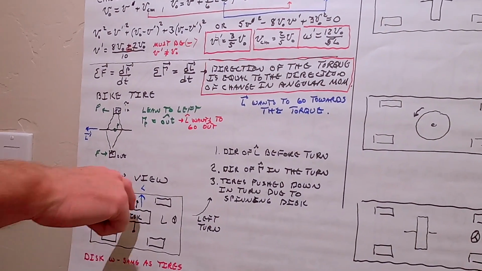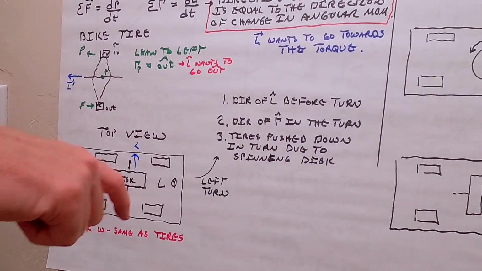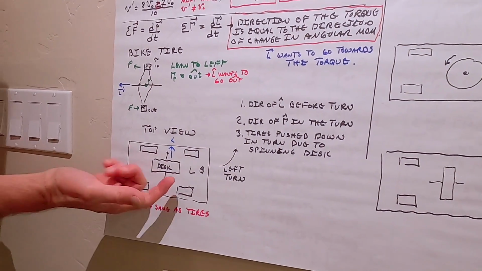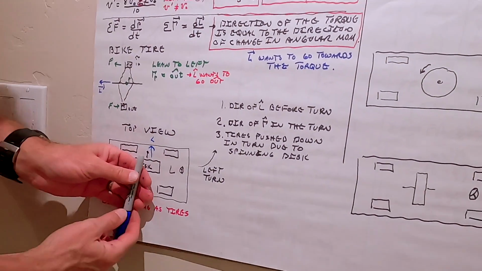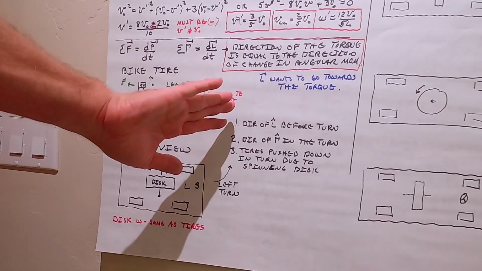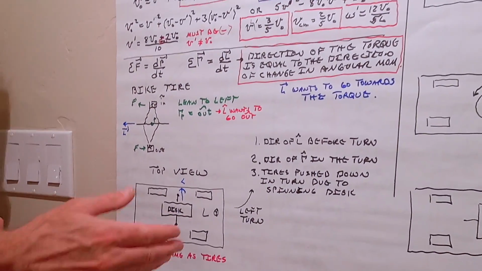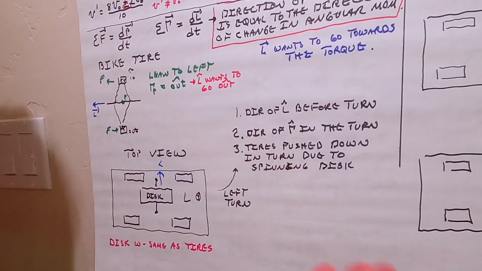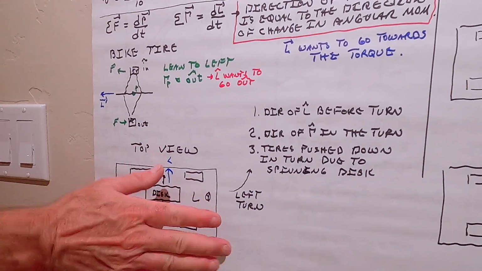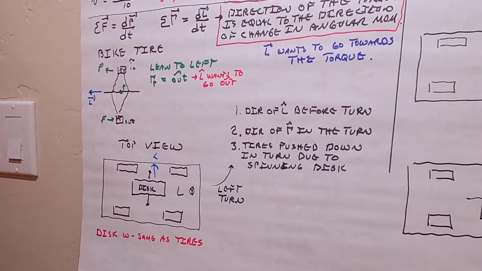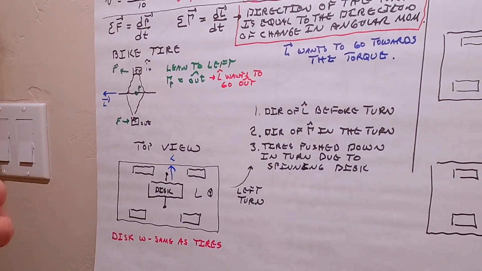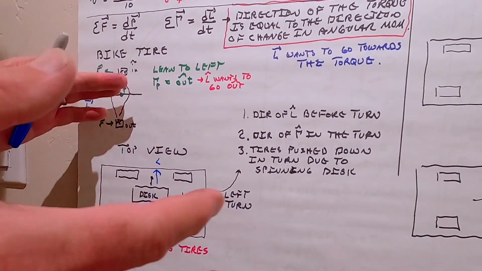more right here. If the tires were spinning, if this disc were spinning in the other direction, so L was going this way, and you took this same turn, L would want to come this way, and the car would want to twist inward right here, which would help you because most of the time when you take a left turn, your car wants to roll out right here. But if you had a disc in there spinning in the opposite direction of the tire, the car could actually twist inward right there. So I said, well, I'll put something like that on the final right there, where all